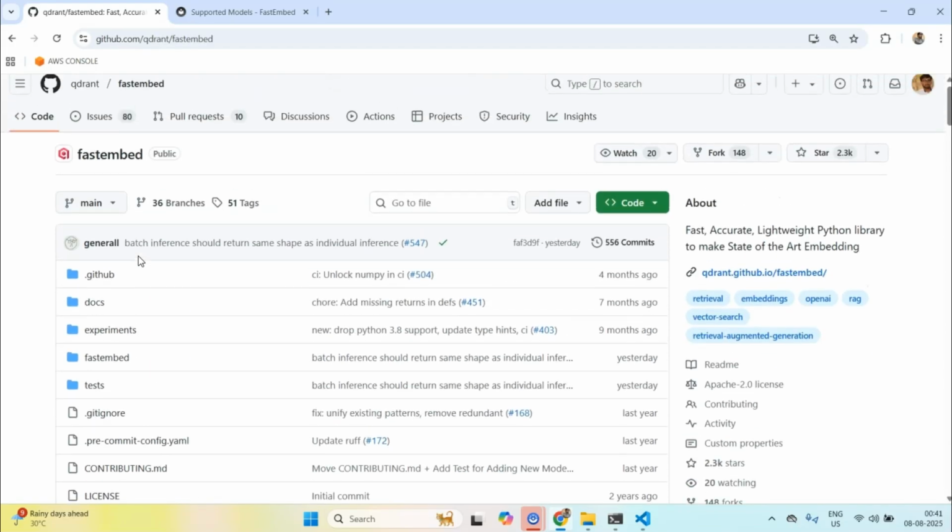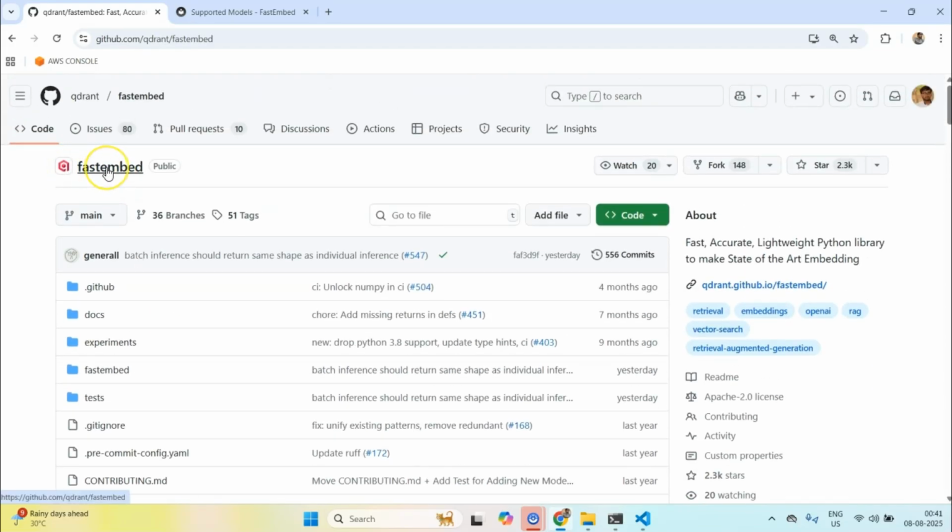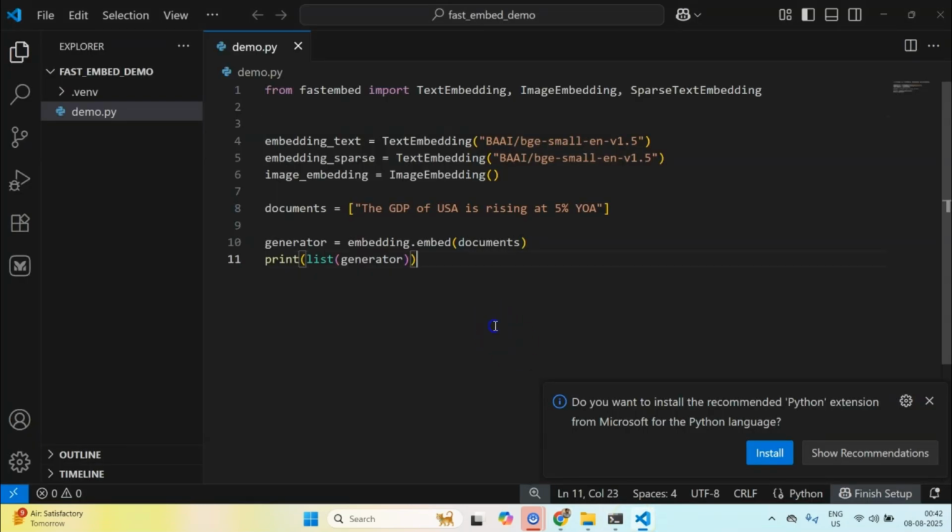In fact, this package has been open sourced by Qdrant itself. Qdrant, if you don't know, is an open source tool for vector search and vector databases. So the FastEmbed package integrates very well with Qdrant, and that makes this package even more exciting if that is what you are interested in.